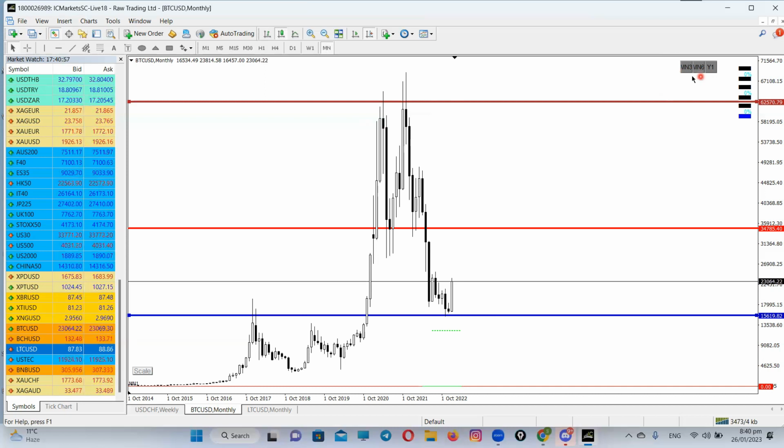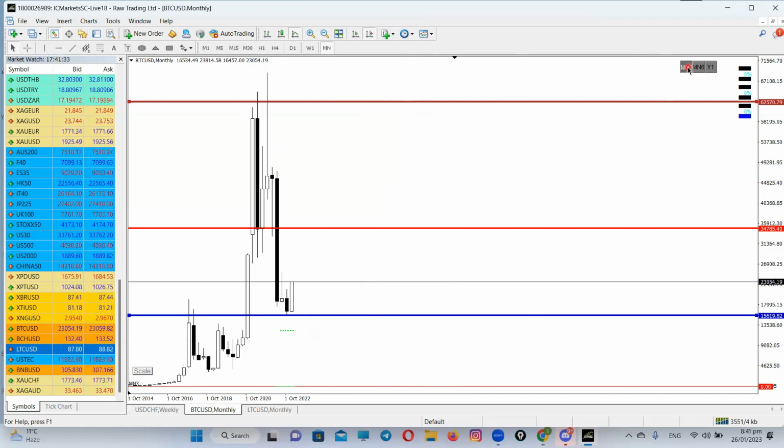Because if you see on the high time frame here, look at that. It just tested the flip area. If you see the 3-month chart, look at that. It is testing the previous flip area, and at minimum it can move up to 34,000, and after that again it will cross 60,000. As we have discussed in the last video on the YouTube channel,